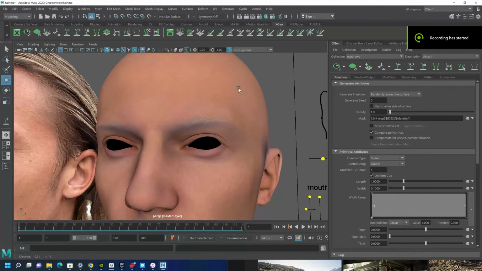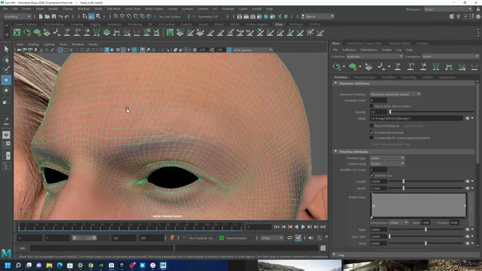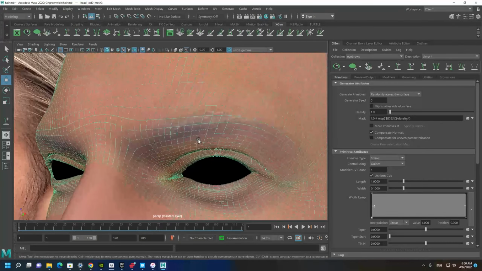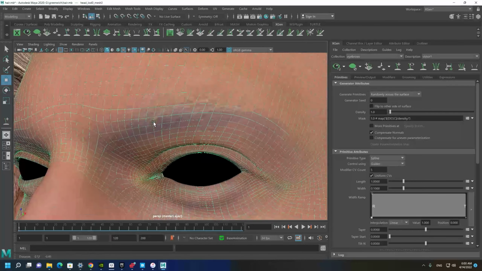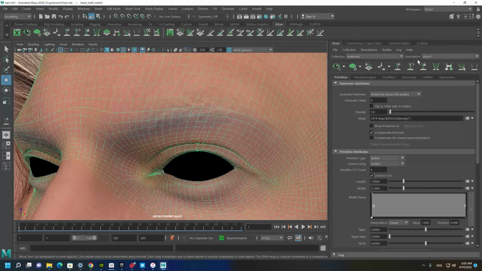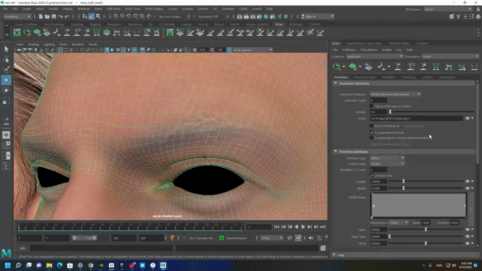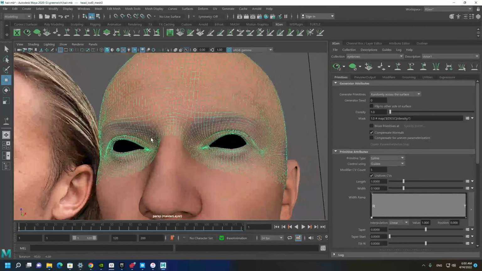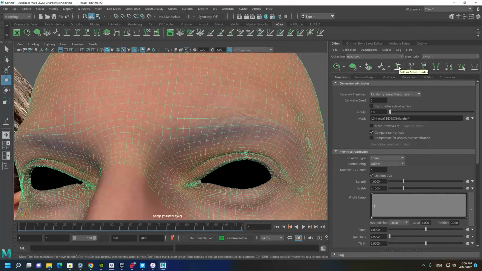So we are back and I made it again and I didn't cut the video, so in case you encounter the issue of crashing, you know that it's from XGen and you don't need to be worried about it. It's normal. So I made the XGen description again, and because I already had one, this time it put a number on it automatically and named it Victor 1. And I'm going to start with eyebrows, and I'm going to start with placing guides,